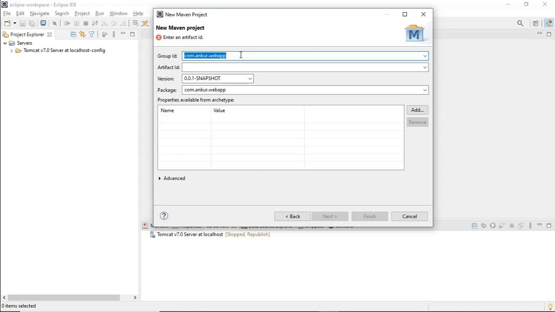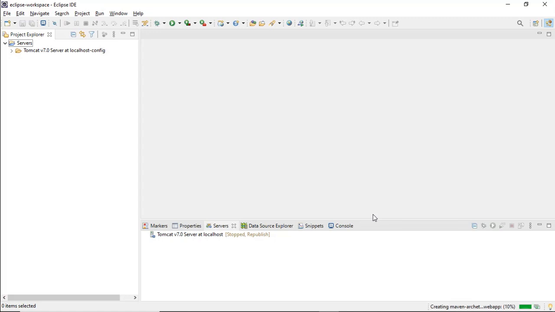Here we need to give our own group ID. Group ID is basically a package structure, you can say, for any framework, for Spring framework. So we need to define our own group ID. Here I am defining my own. You can define your own by changing this name, like com.spring.webapp. Instead of that, you can write something else, like I have used com.tutorial for this project. This artifact ID is basically the project name which you are giving. So here I am giving the project name as Spring MVC 2. So we need to click on Finish.